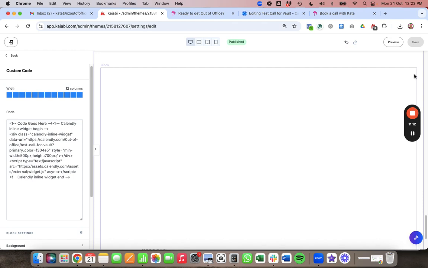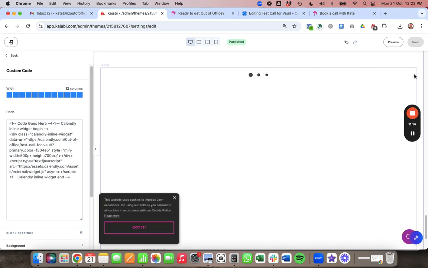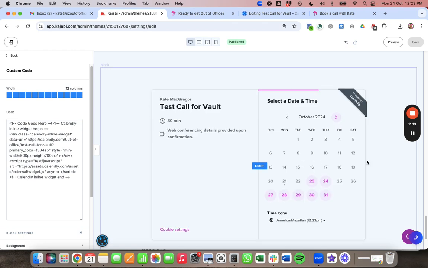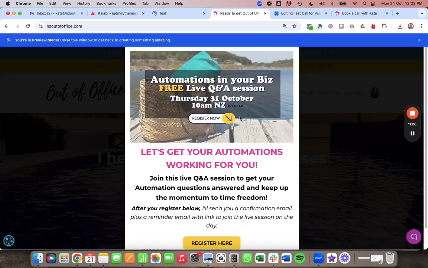Sometimes it can start to throw things out when you play too much with these settings. But let's have a look. Maybe made it a little bit wider, but that's probably the limit that it has. So if we just preview that now, just to see how different it is. So the original one,